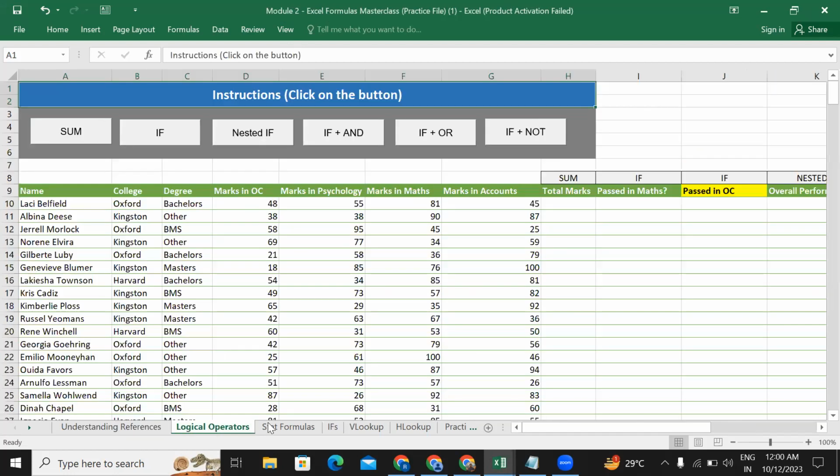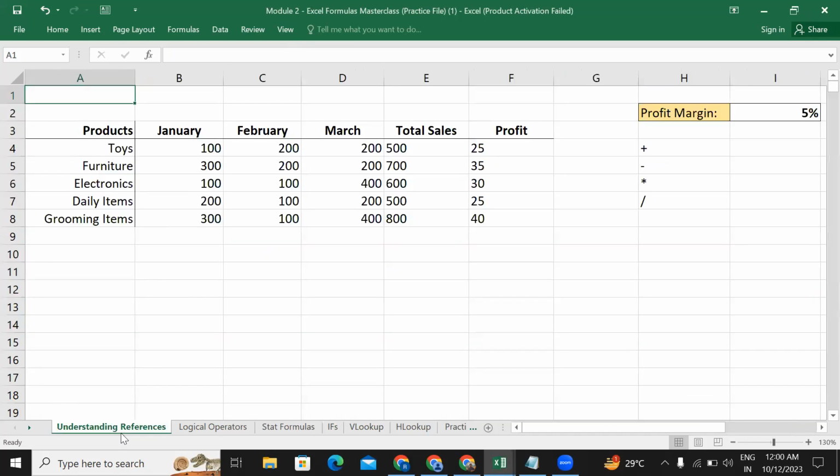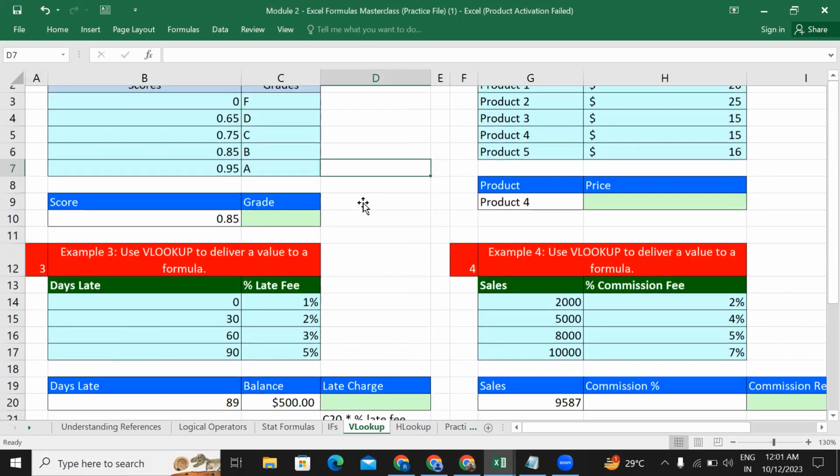We will be doing the questions of all the tabs in our class and we will understand the concepts. As of now, we have done VLOOKUP. So now I want everyone to